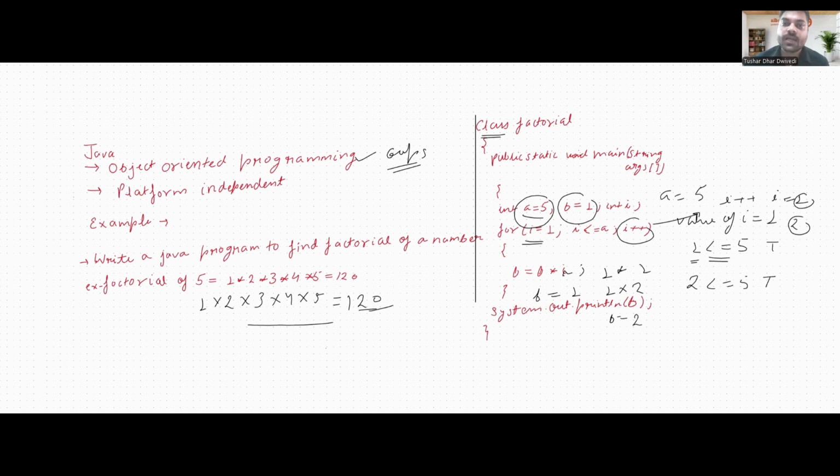Then this loop will continue till the condition is wrong, right? Then what is the condition when it is wrong? That when the value will be 6, right? When the value of i will be 6, is 6 less than or equal to 5? No, it is false. Then if it is false, the control will exit from the loop and will